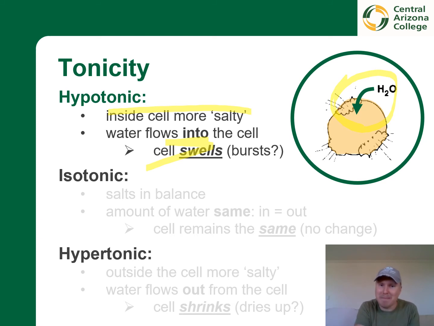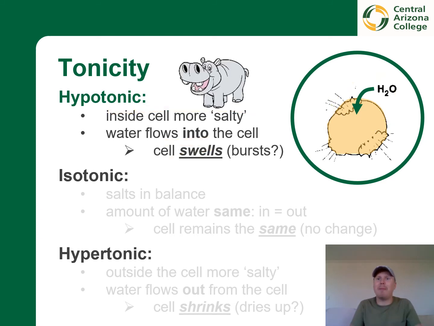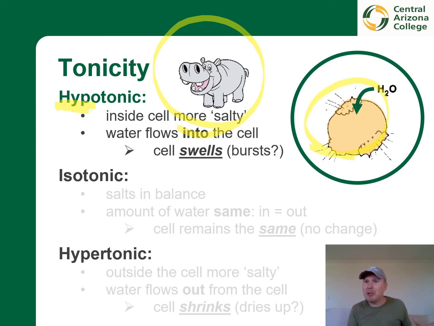How are you going to remember this? Well, in biology, like in all other subjects, it is a good idea to always relate things to something that you can easily remember. So when I hear hypotonic cells, I think of a hippo. These are also big and bloated, just like these cells. So hypotonic cells are in my mind hippo cells, which are big and swollen so that water is flowing into these cells.